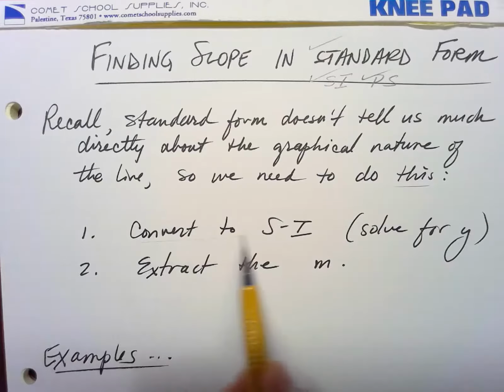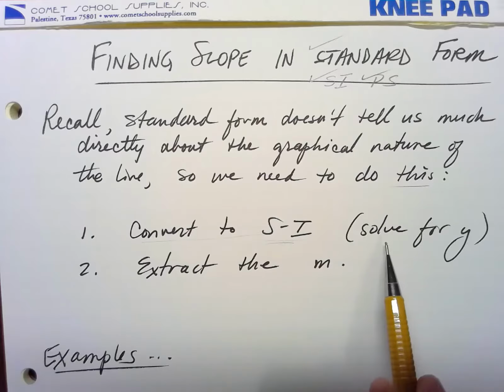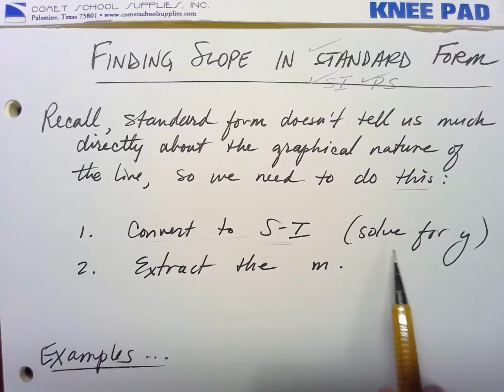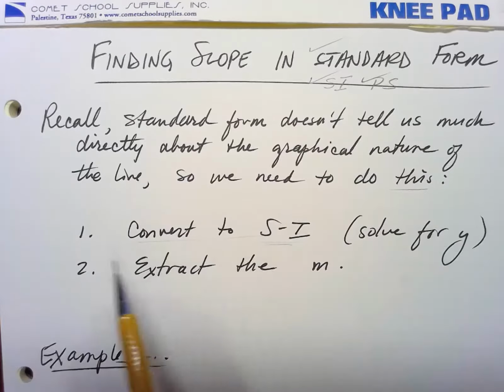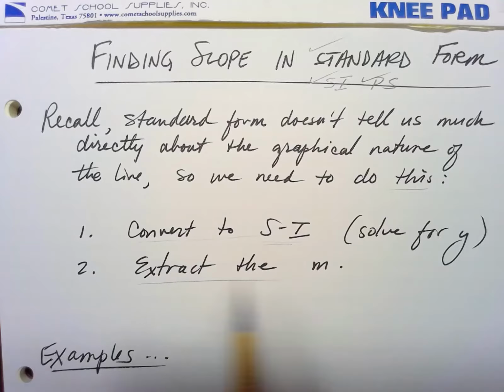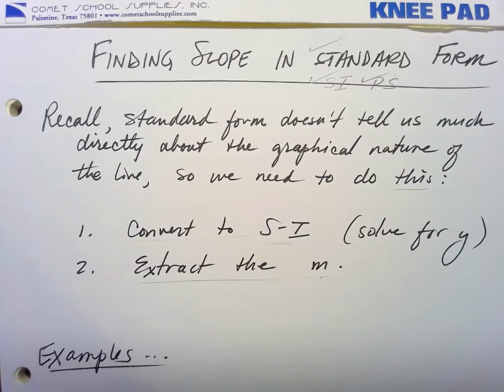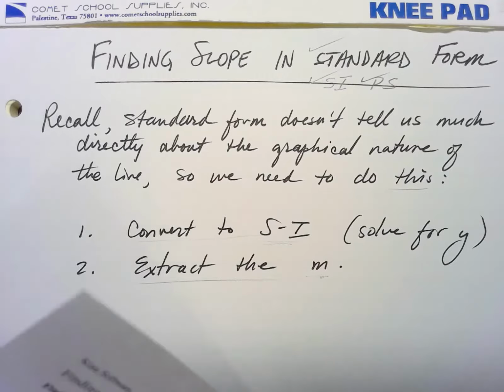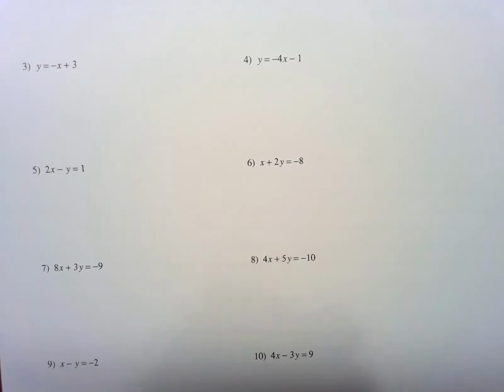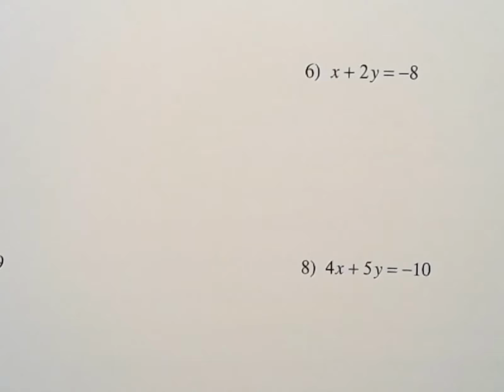Step number one, we need to convert to slope-intercept, and just a reminder, that means we're solving for y. Once we have slope-intercept, we can easily extract the slope. So we're going to jump right into some examples here. There's not a lot of new material to learn about with this. So let me zoom in. Okay, so here we have some